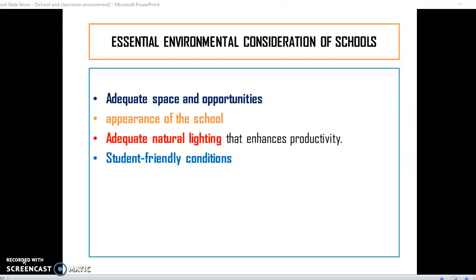Hello everyone. Today we are discussing the essential environmental considerations of schools, wherein we saw how adequate space and opportunities, the appearance of the school, adequate natural lighting, and student-friendly conditions play a very important role when we talk about school and classroom environment. We also discussed